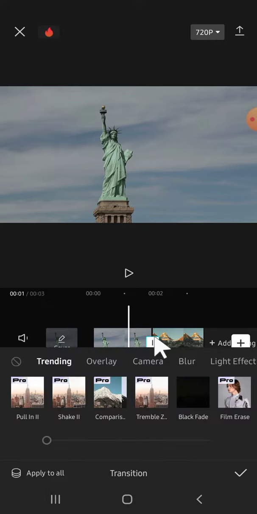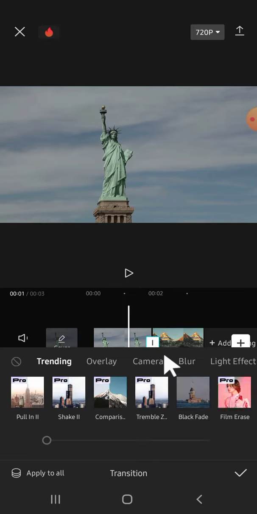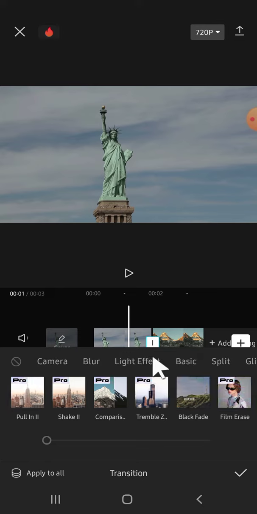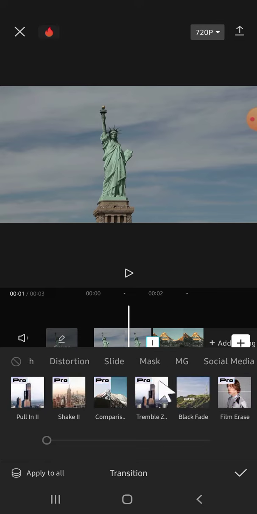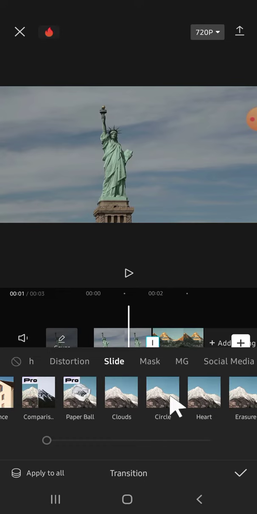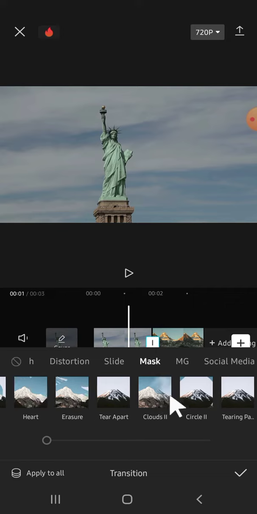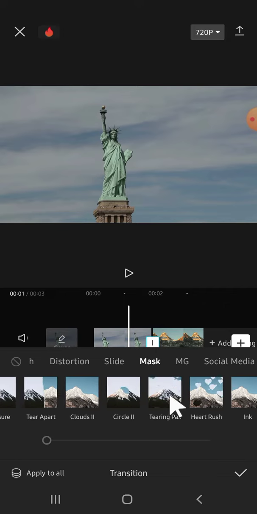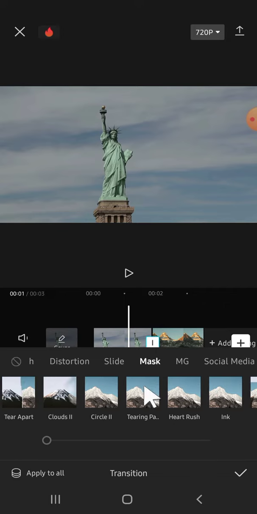Then we're going to select the transition that we want to apply, and since we want to apply tearing paper transition, we can scroll all the way to the right on this part like this. You have to scroll all the way to the right until you find mask category. So this is the mask category. Tap on it, then we want to find the tearing paper transition. So I'm going to scroll all the way to the right like this, and this is the transition that we